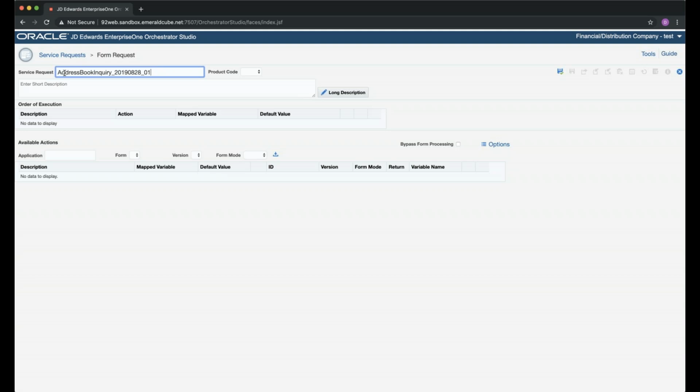We recommend at Syntax, but again, it's totally up to you, not using spaces in the service request name. I typically use an underscore. You can use a dash as well, but avoid spaces, because if in the future you would like to call these via an external interface, those spaces will have to be encoded since it's a URL.